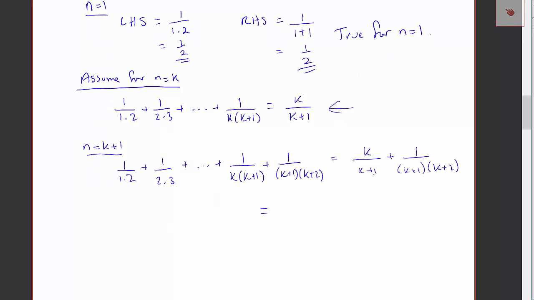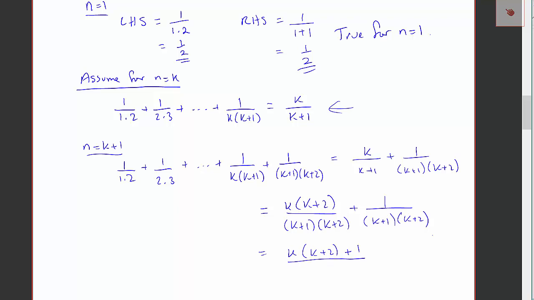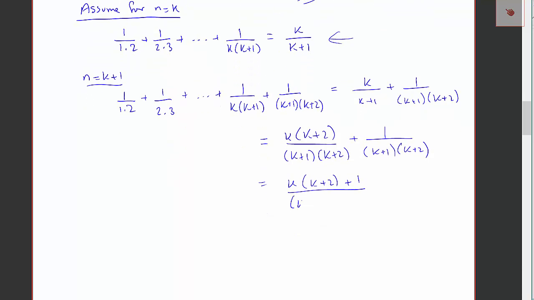Now to get a common denominator on this right hand side, what I'm going to do is multiply top and bottom like so by k plus 2, and then we've got a common denominator, so we can add the fractions. So that will give us k times (k plus 2) plus 1 all over (k plus 1)(k plus 2),